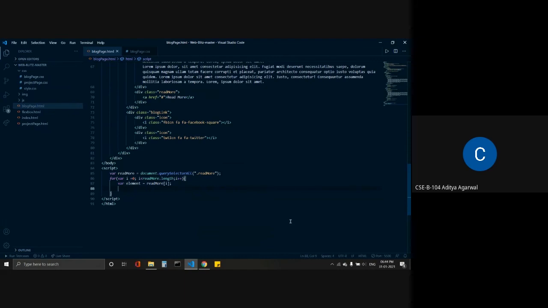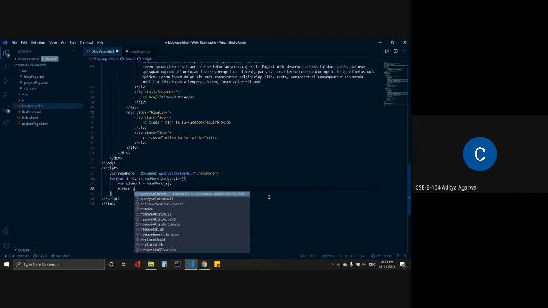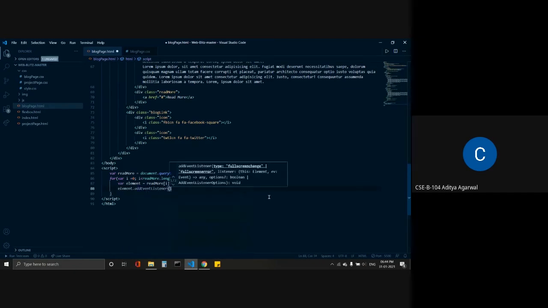First of all, I would add an event listener. An event listener listens for the event that occurs. Various events are onclick, onkeypress, onkeyup. Let me show you first. I will write element dot addEventListener and the name of the event.